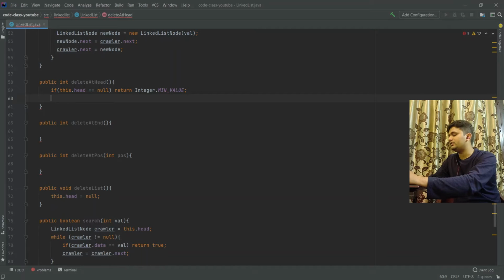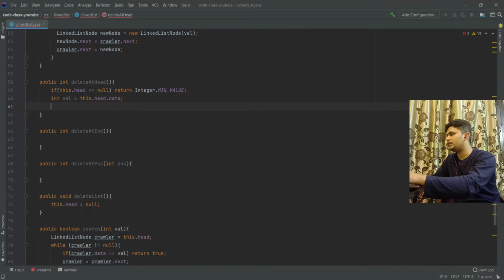Now what we see in our pictorial dry runs, that we will simply capture the value of head, int value is equals to this dot head dot data, and we will return this value.